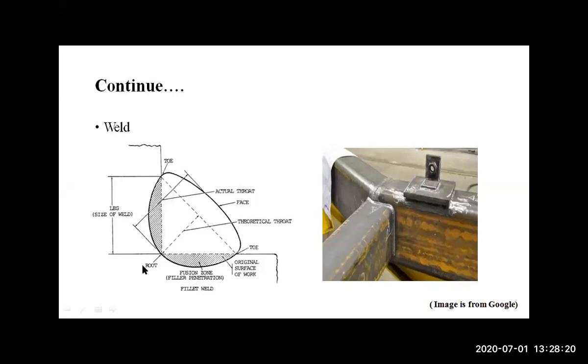Now again you can see here, this is one leg, this is another leg, and at the middle we are welding for the length. So this and this length is 5 mm or 6 mm. From 3 to 6 or 8 mm generally we are using, and this is the diagonal. Now you can imagine this.